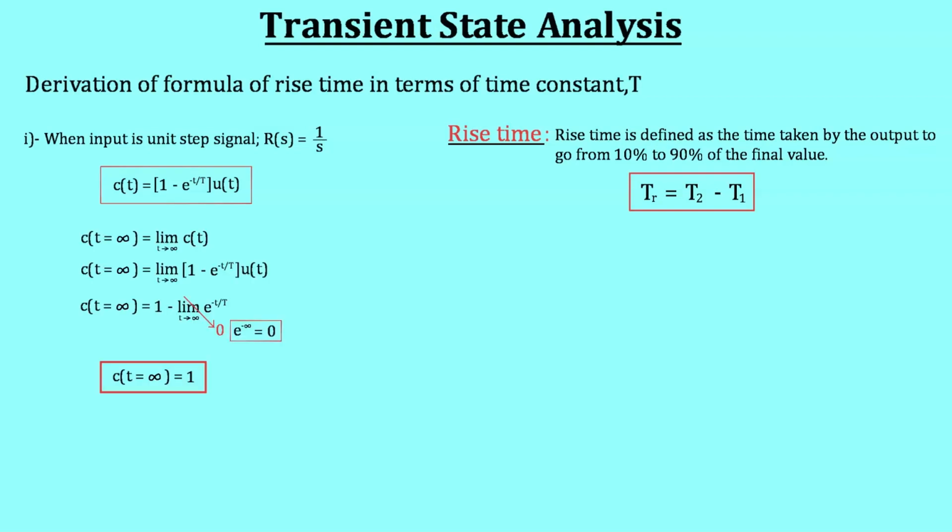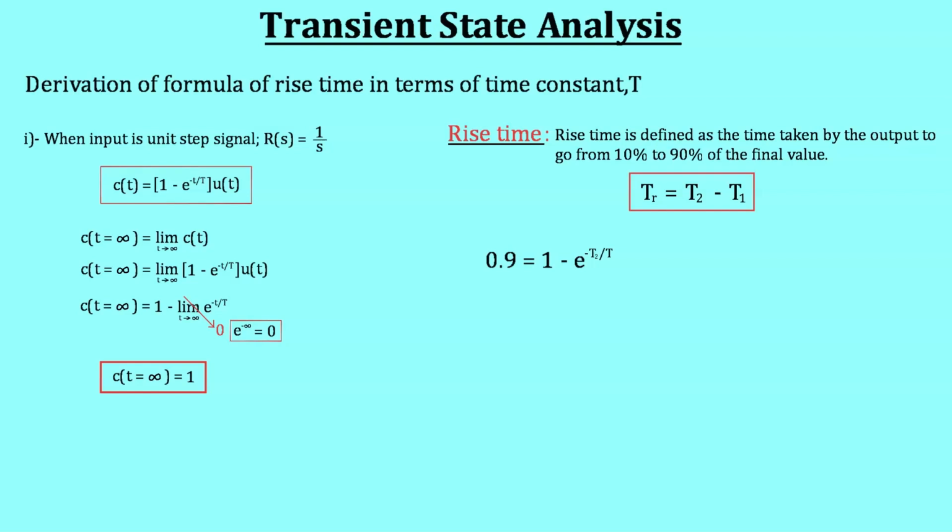Our first approach should be to find the final value, which I can clearly say is 1. Still, the formula is simply that you have to put the limiting value when t tends to infinity, and you can find the final value of the response, which comes out to be equal to 1. Afterwards, you have to put